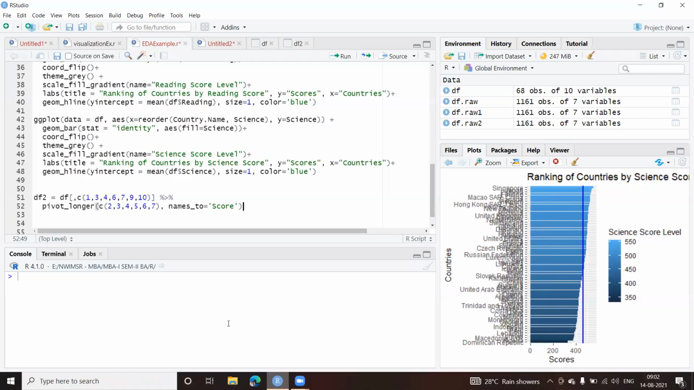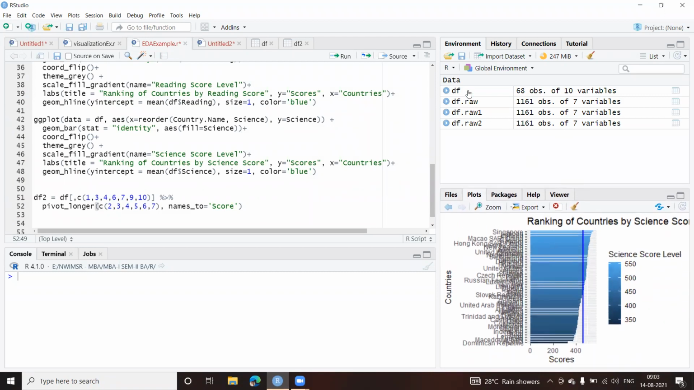Okay, so if you remember, we were here and we had plotted some bar plots using ggplot, that is the package which we had used. We had created some data frame variables. I'll just drag this down a bit. So we had df, df.raw, raw1 and raw2. Those were the three